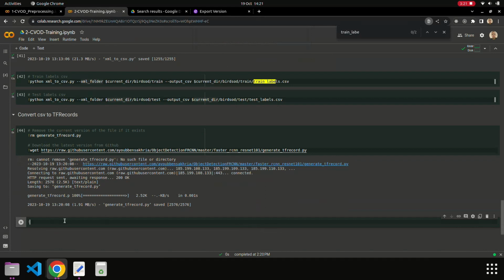This is generate TFRecords.py --csv file, the input file, which is the current dir /birds od /train labels.csv, and then the output is going to be